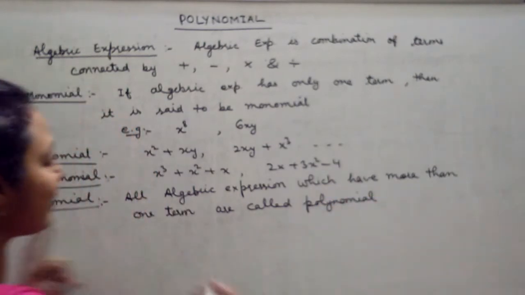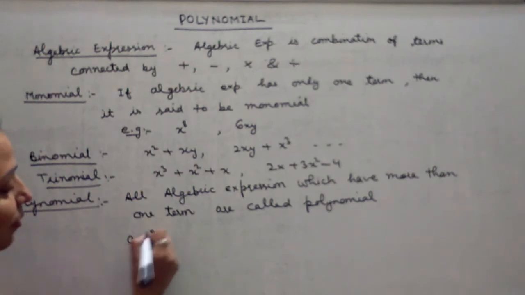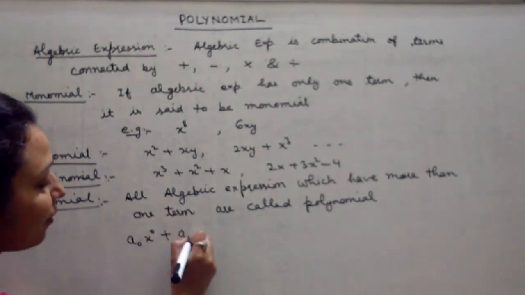Polynomials in one variable, let us suppose, are a0 x to the power 0 plus a1 x to the power 1,